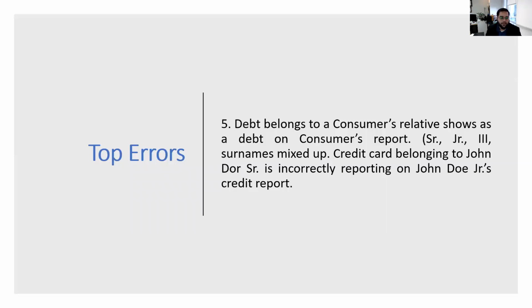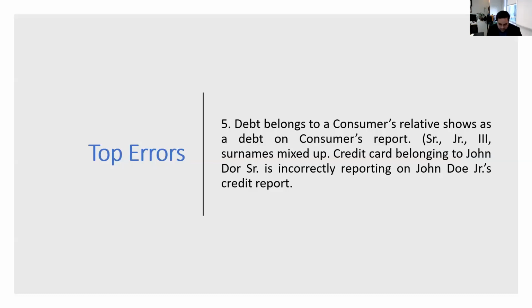Michael Scott the first, Michael Scott the second, Michael Scott the third. This is happening a lot with John Doe Jr., John Doe Sr. I've also noticed this happening a lot with twins. People who were born on the same birth date, same address, usually have the same last name, and usually the first initial of the first name is the same,